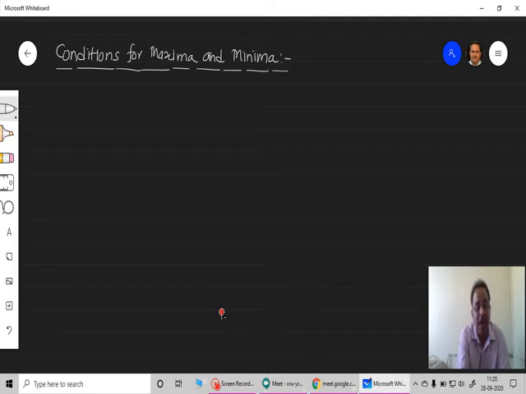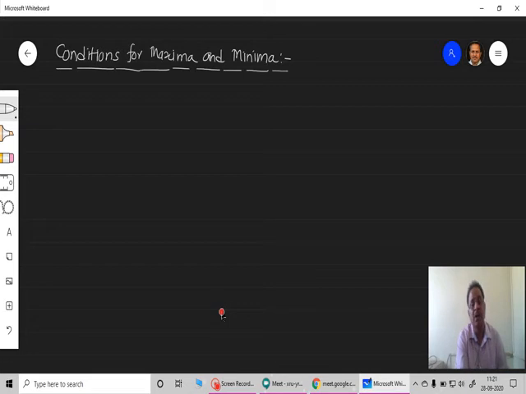Now, how to carry out this maxima minima? Here, with the help of this type of partial differentiations, that is what we are going to learn in today's discussions. Now, these discussions are very simple, very easy. You have already done these things in mathematics, but for those who have not studied mathematics earlier, this will be found to be very easy and simple if we go by this particular method.